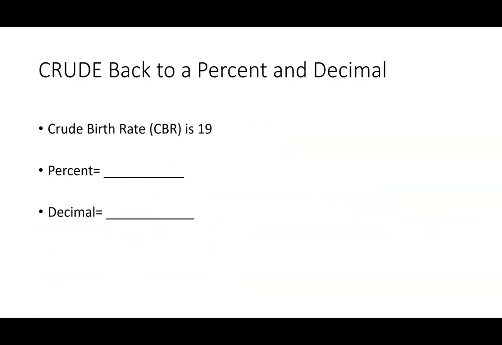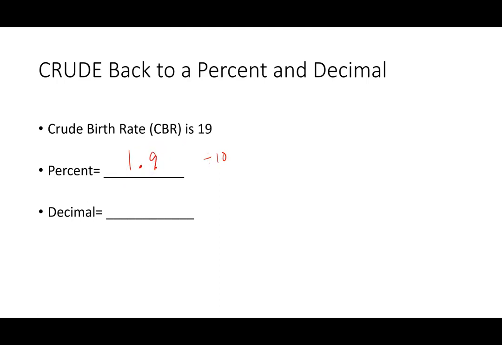Well, what if we're going the other way? We got to go back. We got to go from a crude birth rate back to a percentage. How the heck are we going to do that? Well, we're going to divide by 10 this time. So 19 divided by 10 is